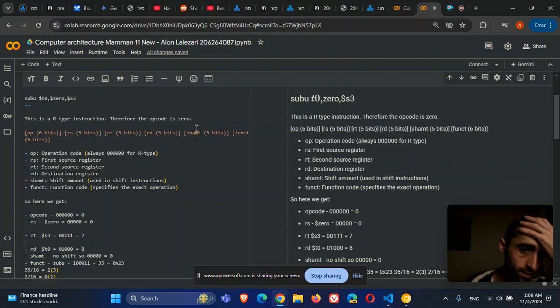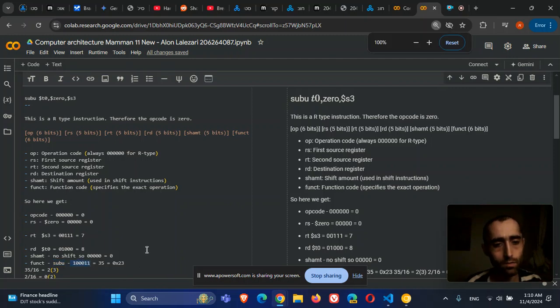Okay, so the next one is the shift. This is only for the shift, how much we want to shift, for example, shift left or shift right register or something. But this instruction right over here is not using shift, so it's not relevant over here. So I just put 5 bits of zeros like this. And the function value, as you saw in the table for subu, is 100011,